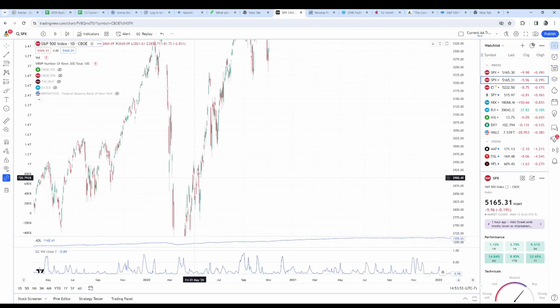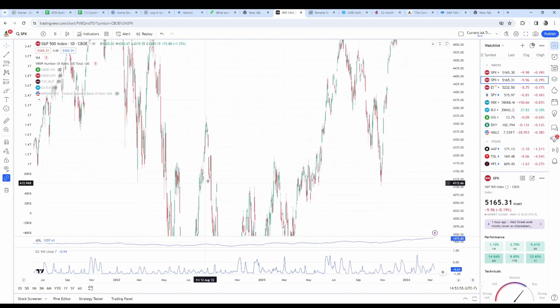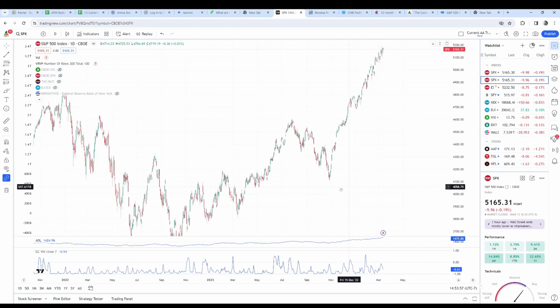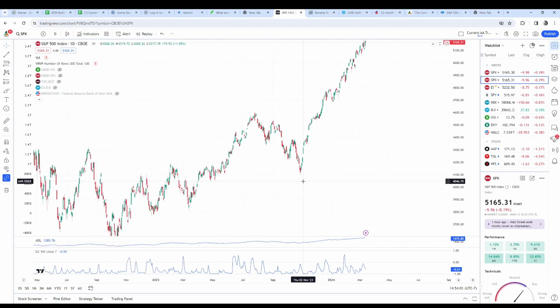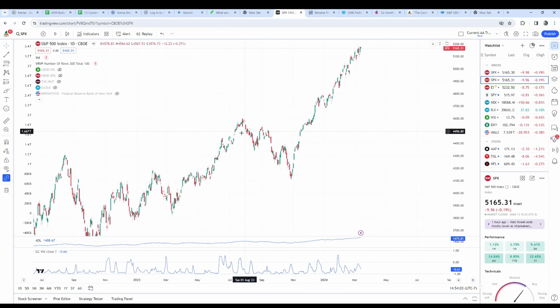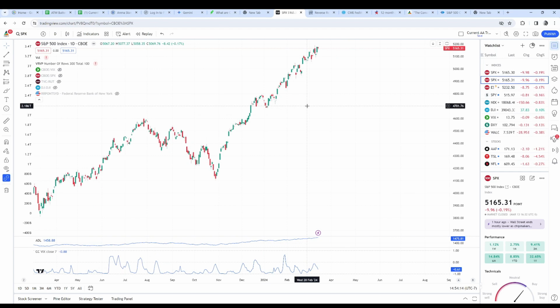Okay, let's go all the way. We're just going to zoom all the way to where we are now. I'm going to have to rescale this. And then just check this out. As this concentration effect started to take place, gap, gap, gap, gap, gap, gap, gap right here. Look at that thing. In just a week's time, a gap down and then a gap up. And then this was an NVIDIA earnings announcement.